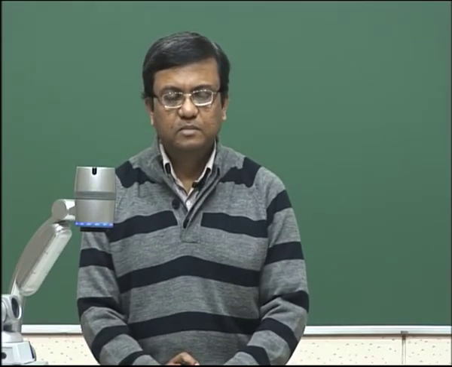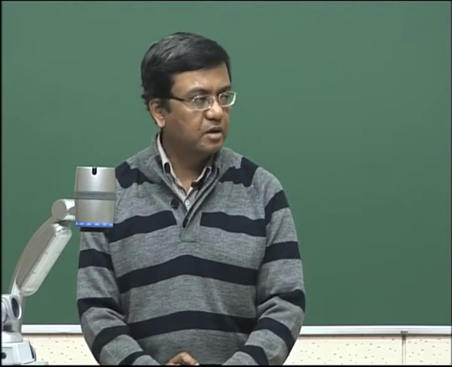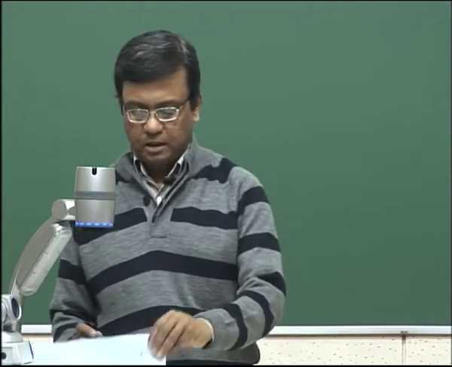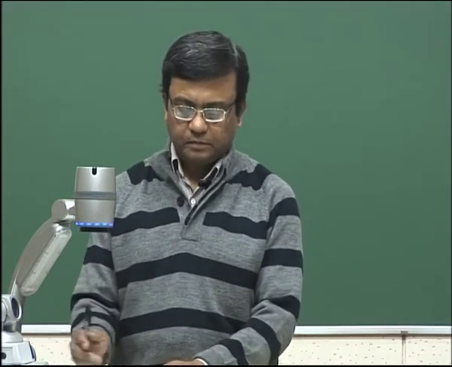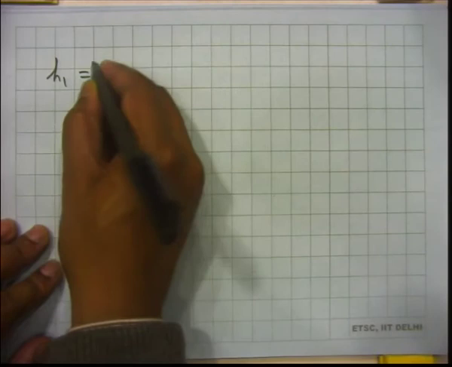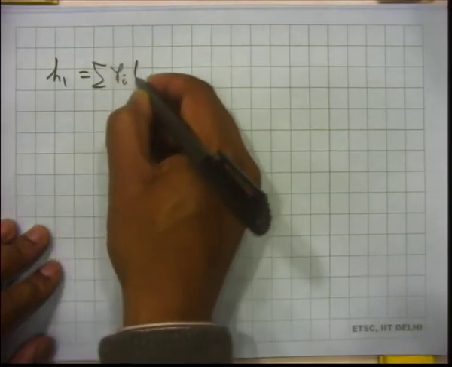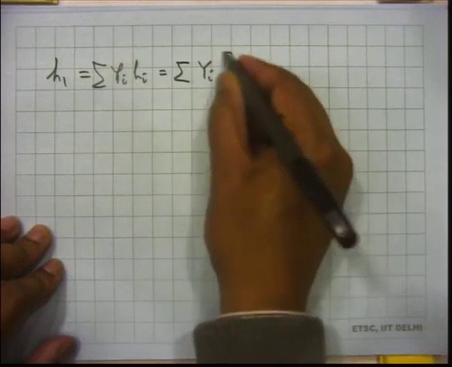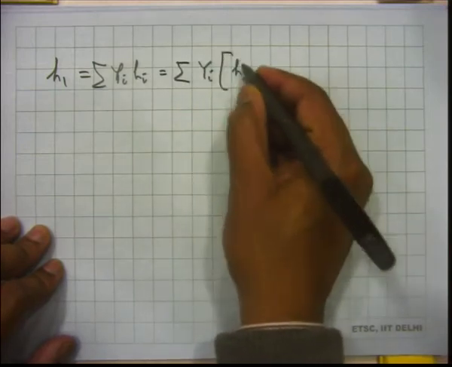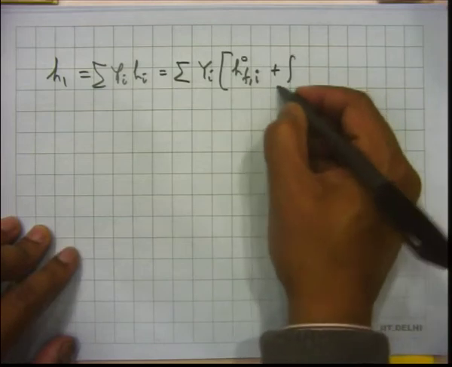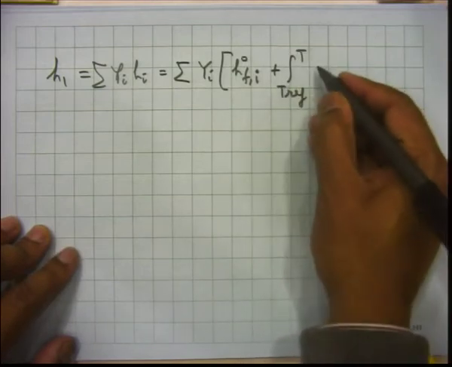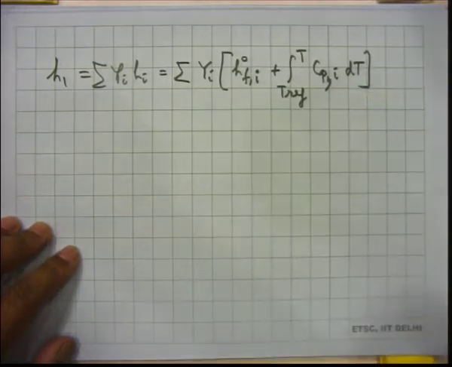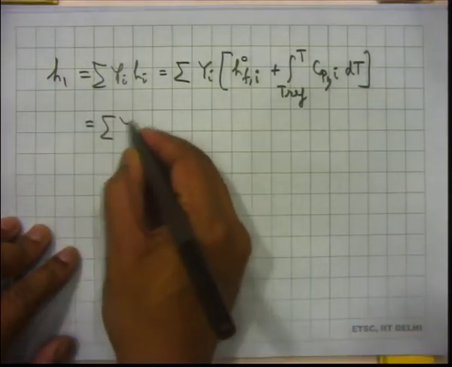Cp is a constant, so that means it is not dependent on temperature and is also equal for all species. So we will have H1, which is summation yi hi, is equal to summation yi